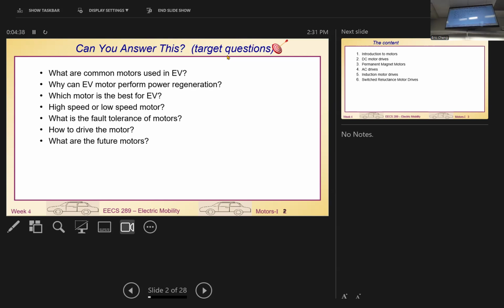And how do we drive the motor? We need some kind of controller inverter. Later I'll show you how they work. And then how do you think about the future motor? We're not quite sure yet, but I think still a lot based on PM. But how we modify PM to become much better, we're not quite sure. Maybe PM integrated with SR, switched reluctance. Anyway,